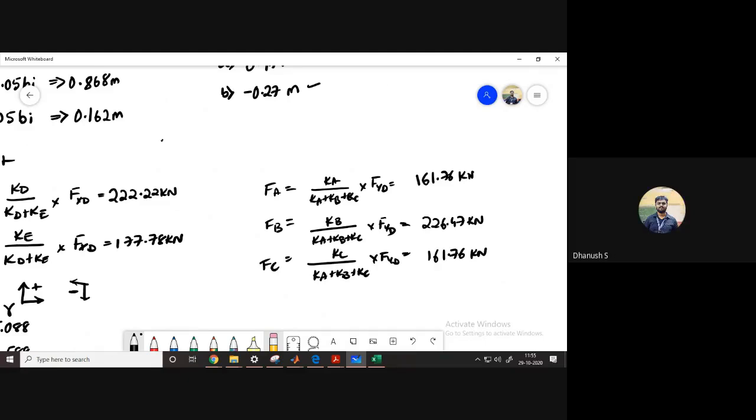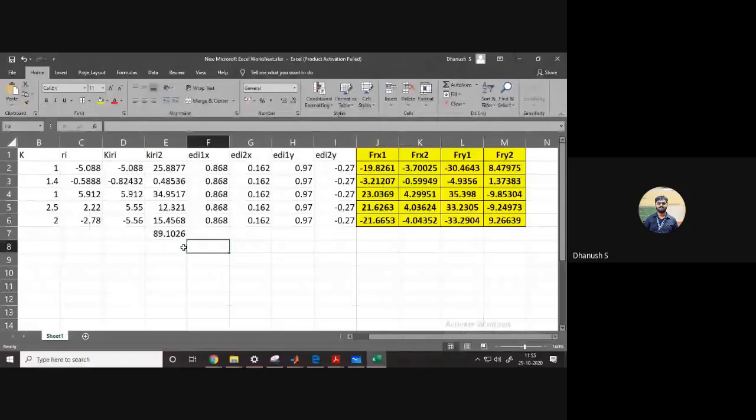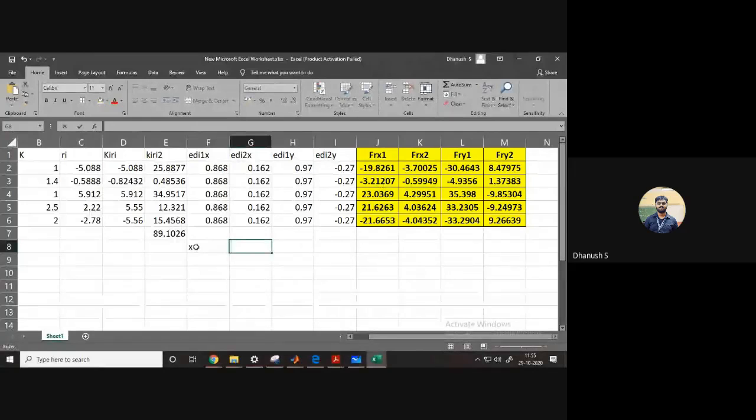Now what we need to do, we need to combine these forces that are developed along with the forces that we've got due to torsion. So what I'll do, we'll say along x direction. So I'll write it here. Let's call it x direction, okay, y direction,